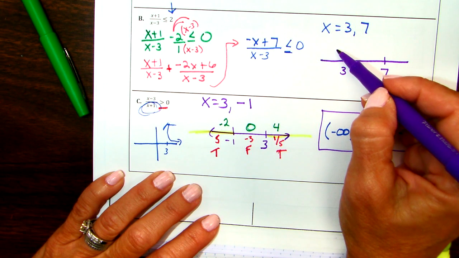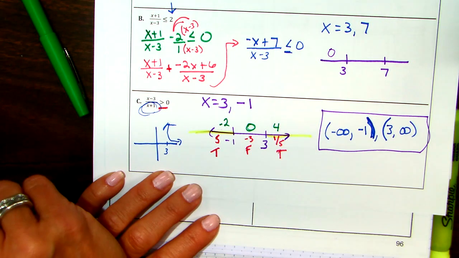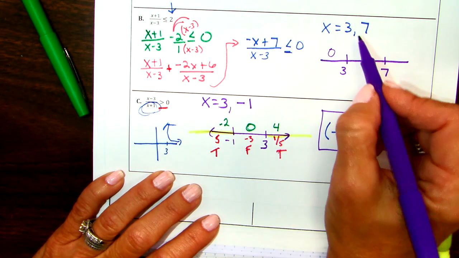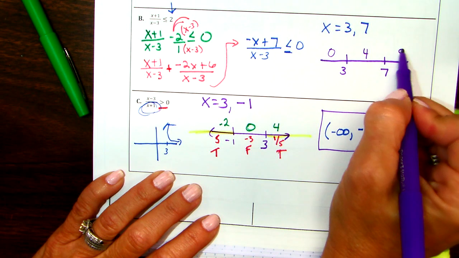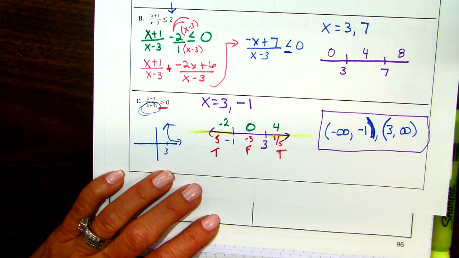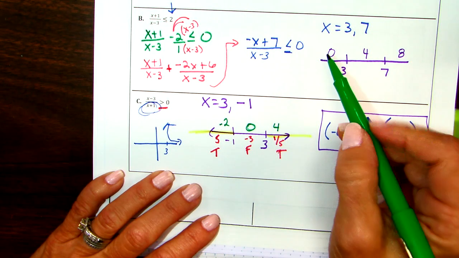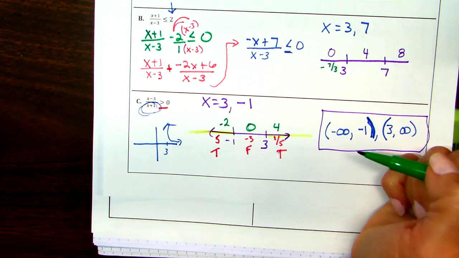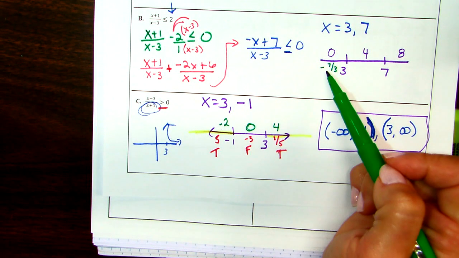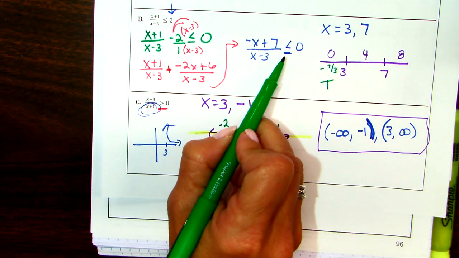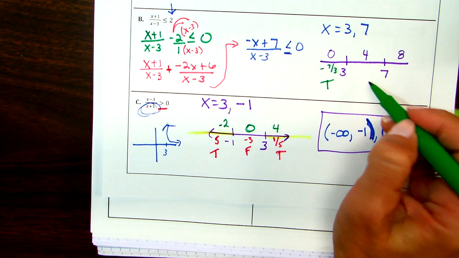So remember, I like to use 0. I thought I was going to pick 2. Pick 0. I like 0. Remember, any number in there. 4 and 8. So you're plugging the numbers in. So when I plug a 0 in, I'm just going to tell you get negative 7/3. So is that less than or equal to 0? Yep. Negative 7/3 is less than or equal to 0. And then I get